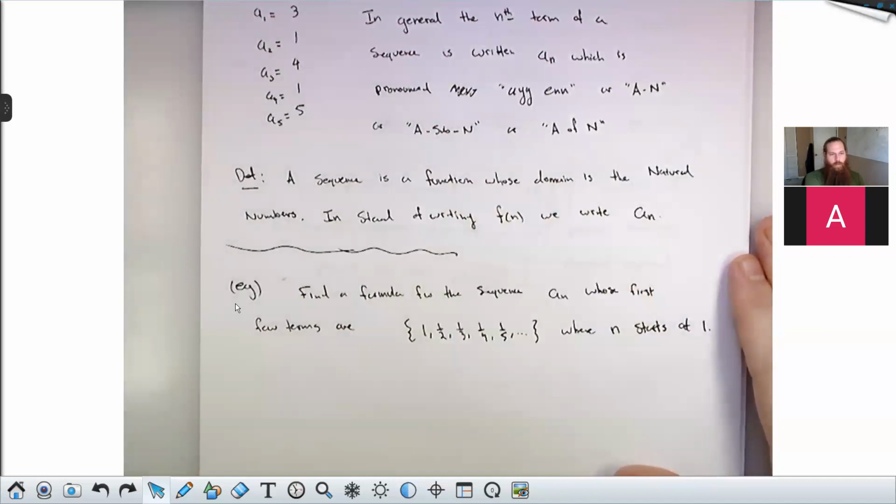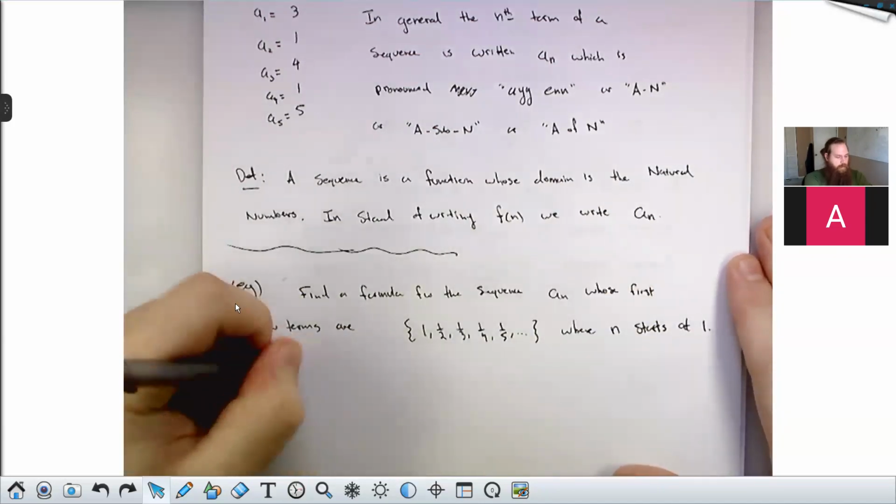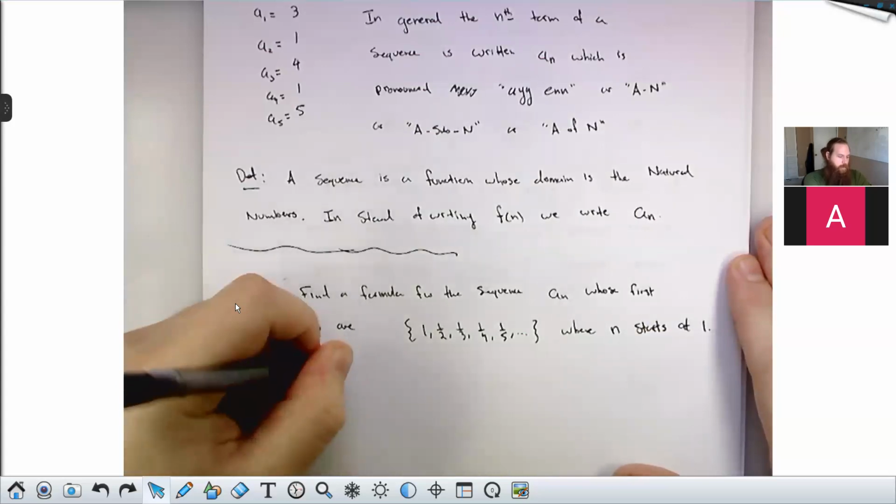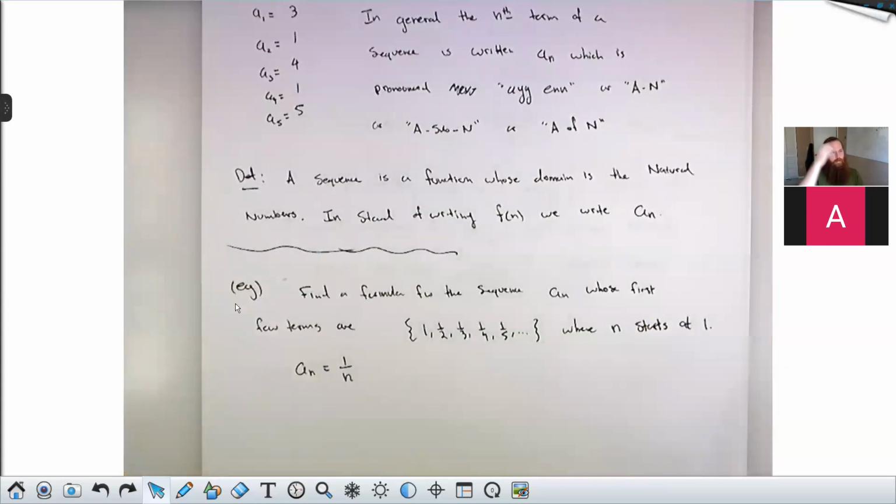So if n starts at 1, then I would say an here is just 1 over n. If n started at 0, then I would say an is 1 over n plus 1, as Zach wrote it. And you're often free to choose, unless the problem tells you. But if you're working with sequences on your own outside the context of a specific problem, you can choose whether the sequence starts at 1 or at 2 or at 3, whether you want to call the first term A1 or whether you want to call the first term A0.